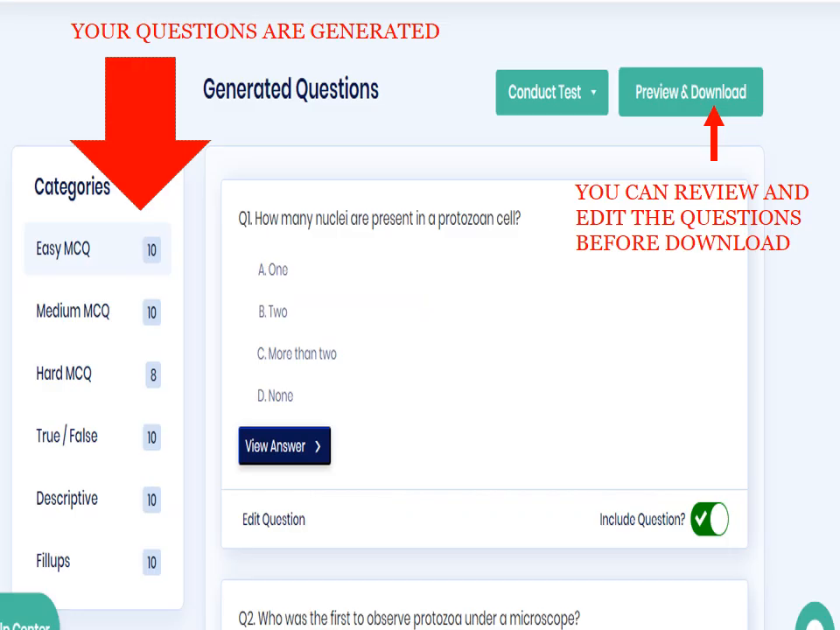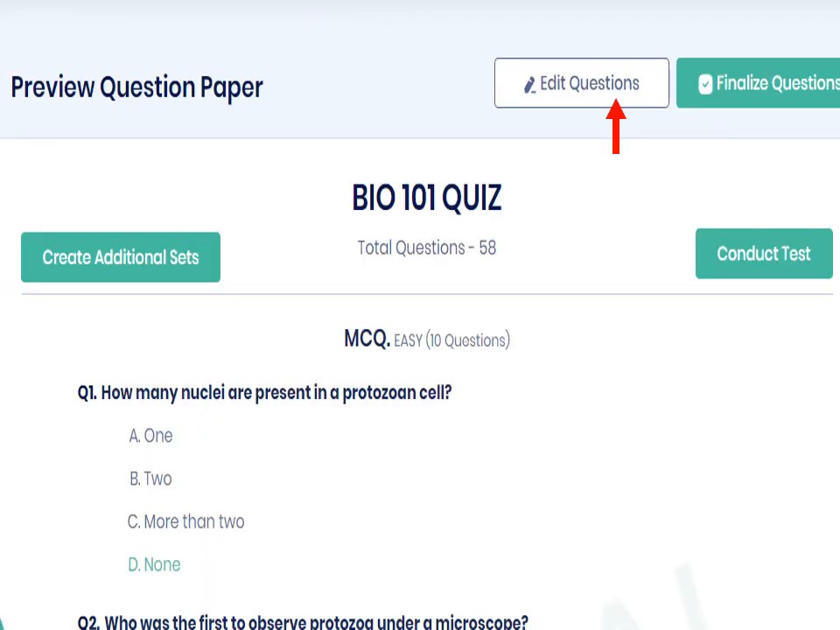When you click on generate, your questions will be automatically generated after some time. You have the opportunity of reviewing the questions before you download. In the course of the review, you may discover that some of the questions are not structured the way you want them, so you can edit the questions. So after editing, finalize the questions,